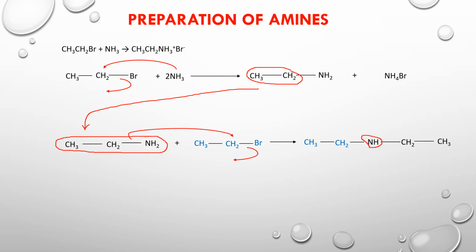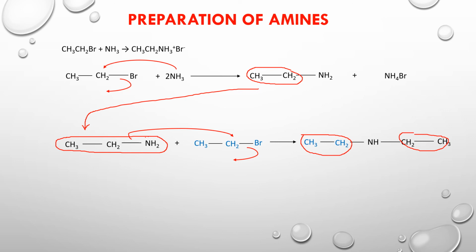So after you have the organic compound here, let's try to identify what type of compound we have formed. This is an amine because we have an alkyl group and the nitrogen atom. And we have seen how ammonia has been used to make a primary amine. This primary amine has been used now to produce a secondary amine. Okay, so this secondary amine is containing 1 and 2 carbon atoms attached to that. So because the nitrogen is attached to 2 carbon atoms, we say it is a secondary amine.